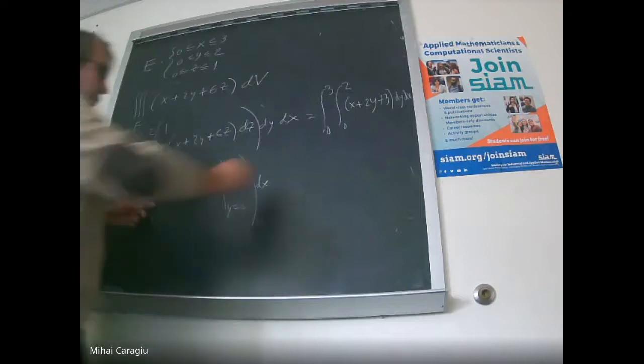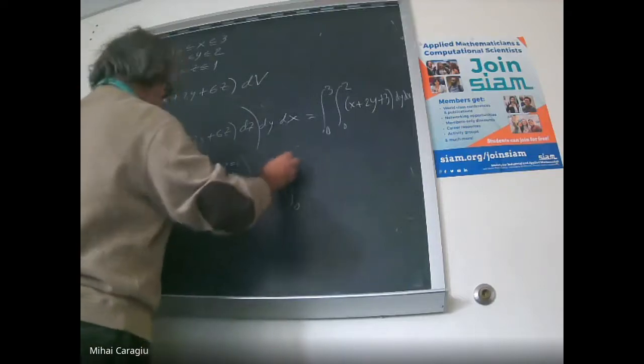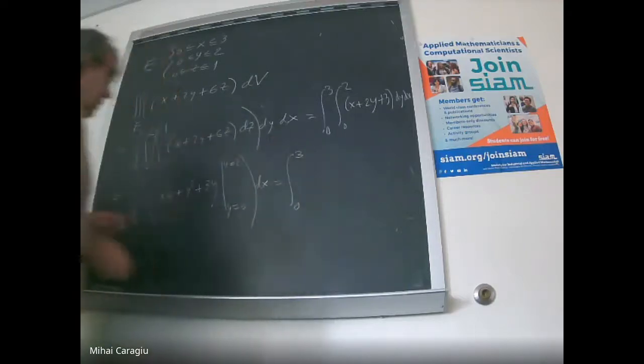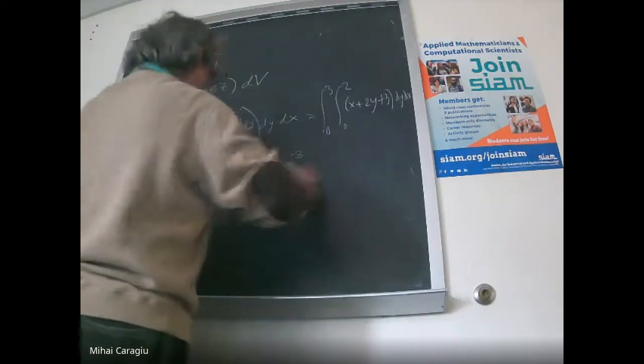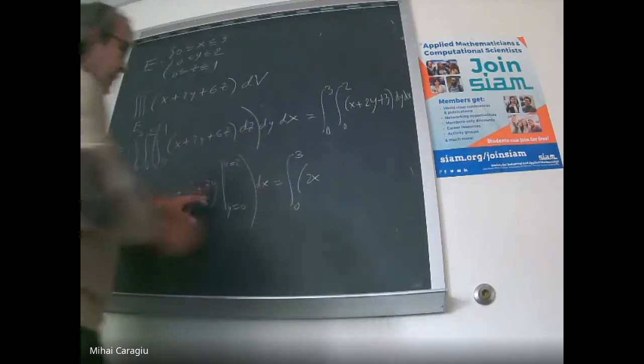But with y equals 2, this will be integral from 0 to 3 of 2x plus 4 plus 6, which is 2x plus 10,